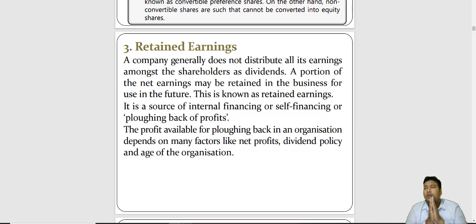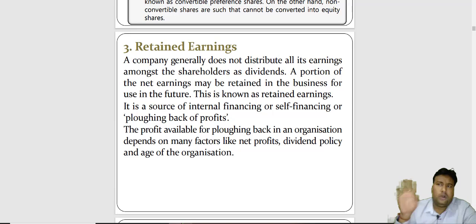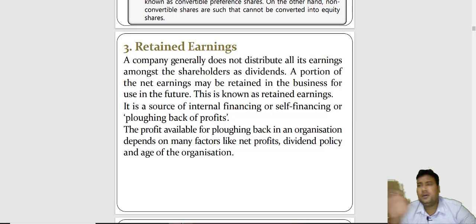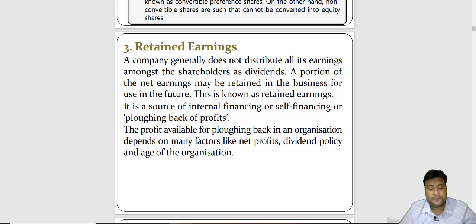Simple. Suppose if a company earns 100 rupees, after deducting all expenses, giving interest, everything, company earns 100 rupees. Now company has two options. Either company distributes that 100 rupees completely to all the shareholders,